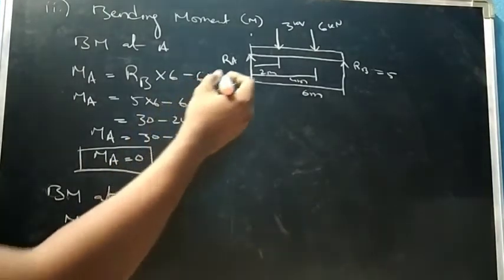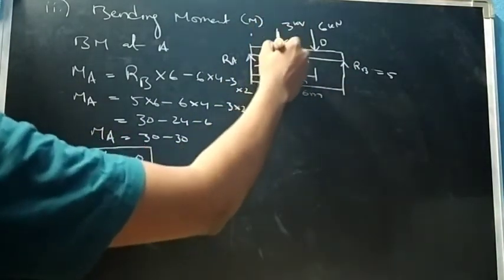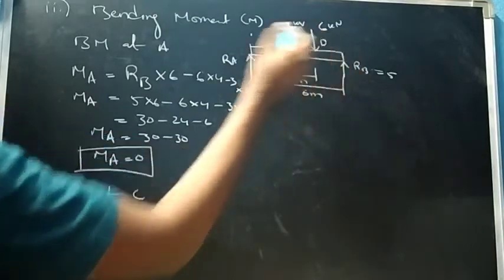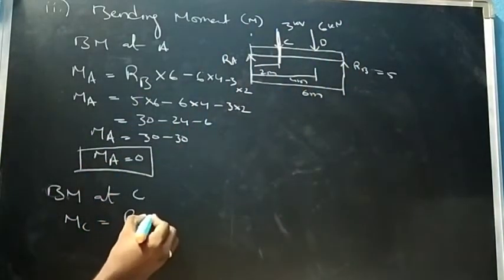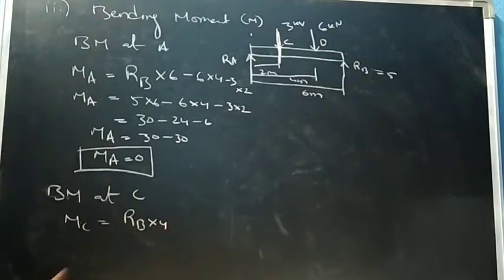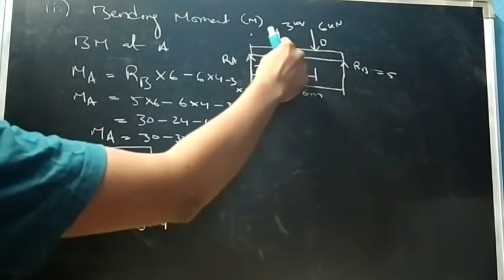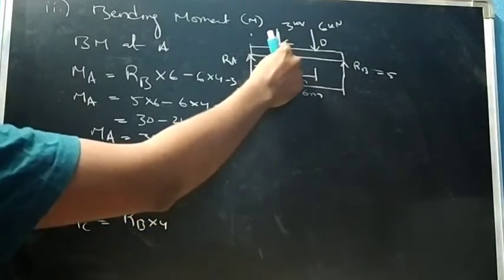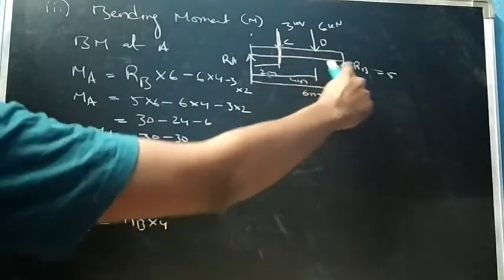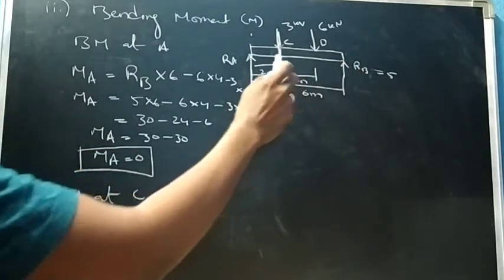RB, so here is C and this is D. So I am taking the bending moment at this point. So we have to come all the way from right to left from here. So RB into 4. This is an important step. I am not taking 6 here. Instead of that I am taking 4, because we are taking the moment at C. That means you have to minus this 2 meters. So RB multiplied by perpendicular distance, that is 4 meters. From here to here it is 4, right?